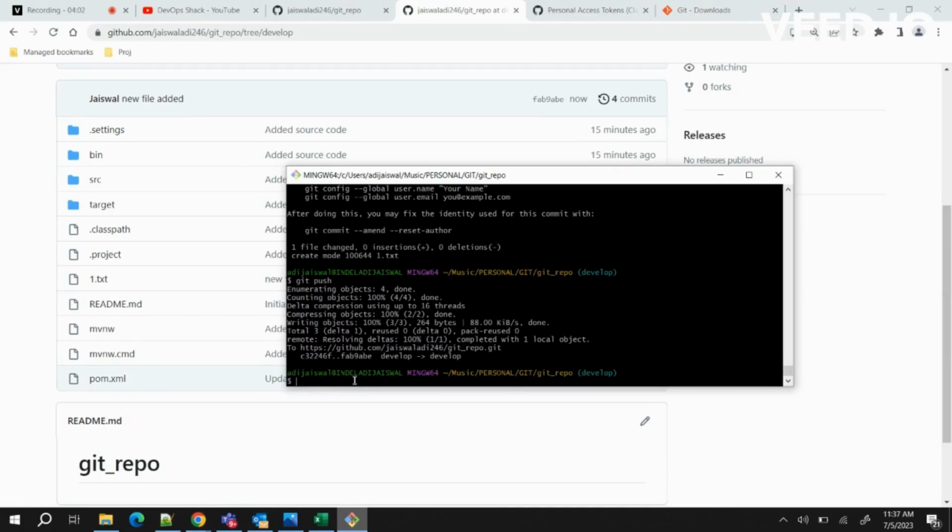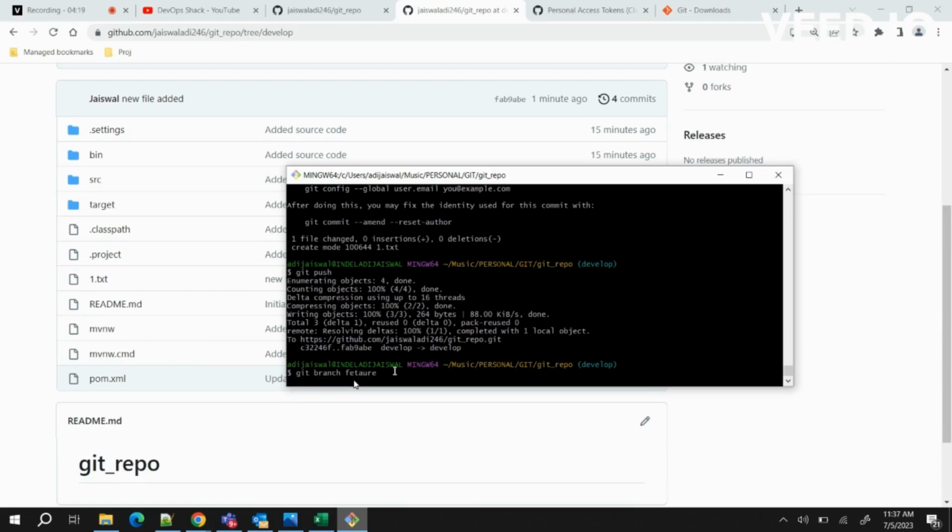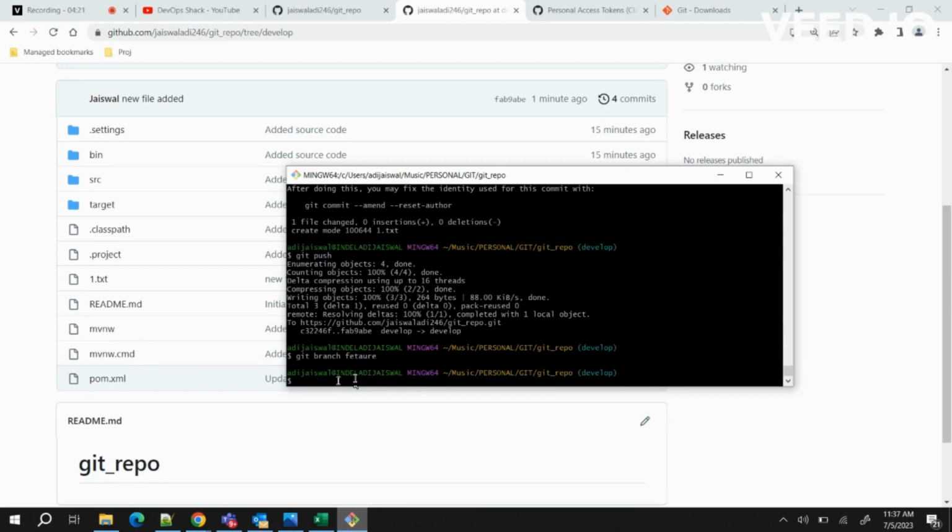One more thing I want to show you. Now you understand how to switch branches and how to create a branch from the Git tool. We can also run the command git branch and the new branch name. Let's say I want to create a new branch called feature. Click enter and it should create the new branch. Now if I run git checkout feature